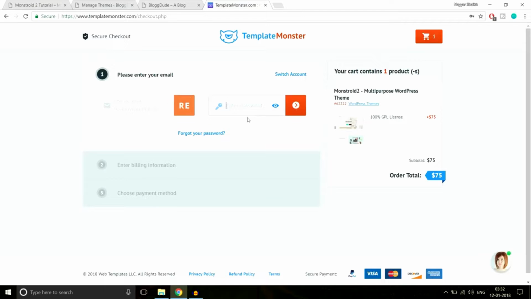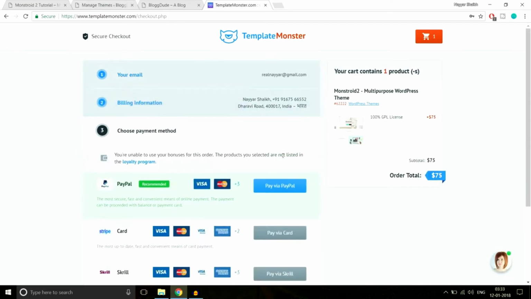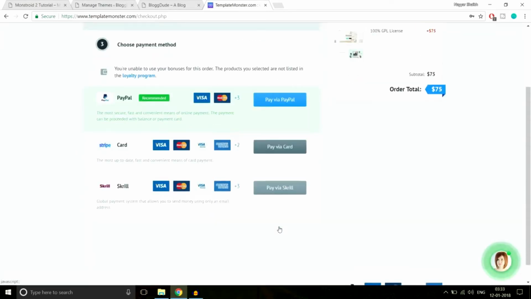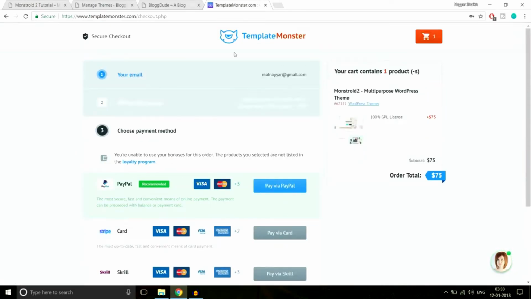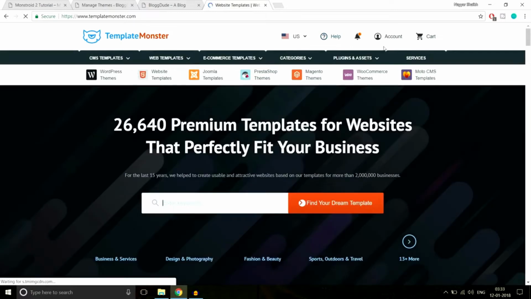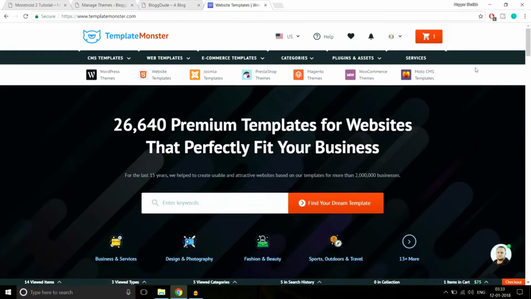Okay, I have already an account, that's why it is asking for my password. I'll just select my account and click on go. Okay, I won't make any payment because I have already purchased this theme. So I won't do that. What I'll do, I'll go to my account and just show you how you can download this theme once you have purchased it. Okay, once you have purchased that and once you have created an account with this template monster,